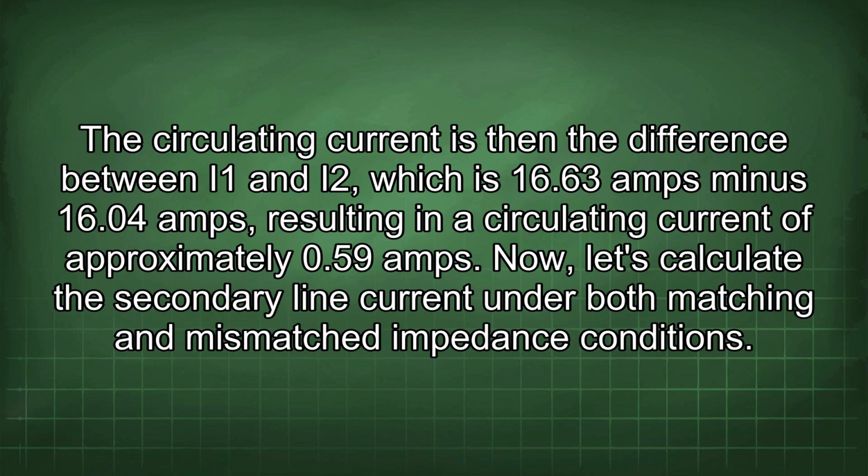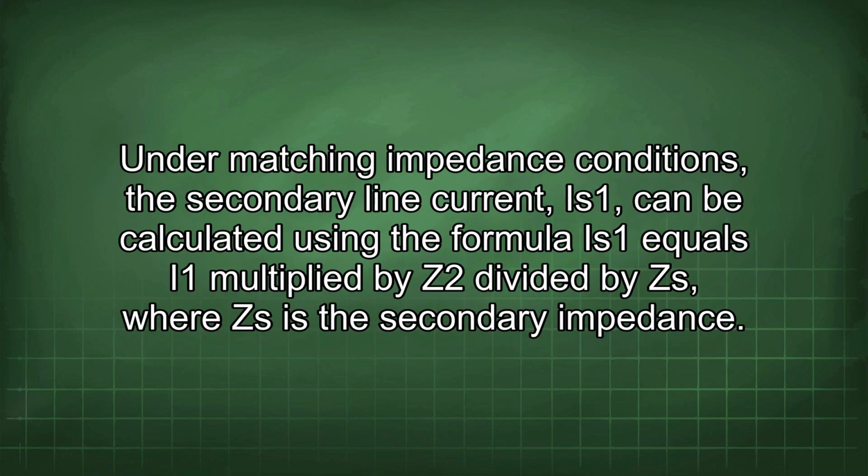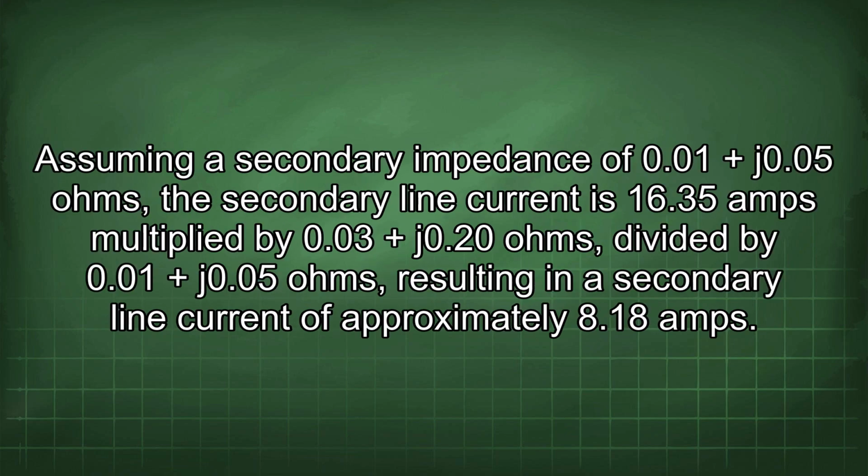Now let's calculate the secondary line current under both matching and mismatched impedance conditions. Under matching impedance conditions, the secondary line current, I2, can be calculated using the formula I2 equals I1 multiplied by Z2 divided by ZS, where ZS is the secondary impedance. Assuming a secondary impedance of 0.1 plus j0.5 ohms, the secondary line current is 16.35 amps multiplied by 0.3 plus j0.20 ohms divided by 0.1 plus j0.5 ohms,